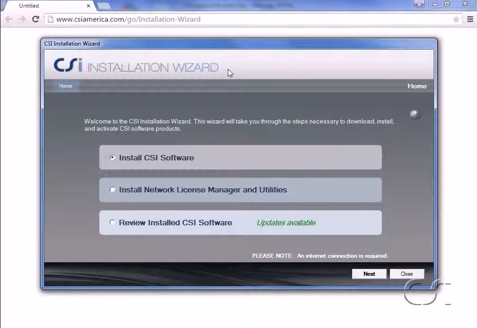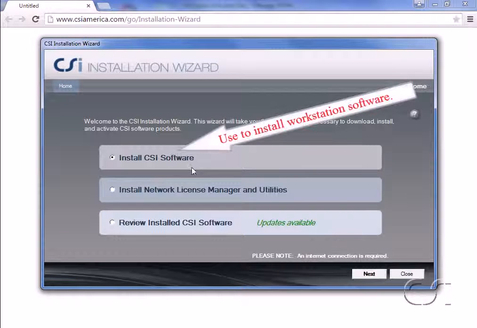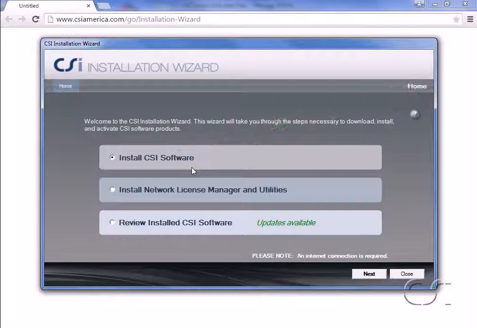Returning to the wizard, we would use the first option to install the software on a workstation. Again, please note that a workstation install should only be done after the network license is installed. Although we are going to skip this step since it is similar to the standalone install, to do a workstation installation, we would select this option